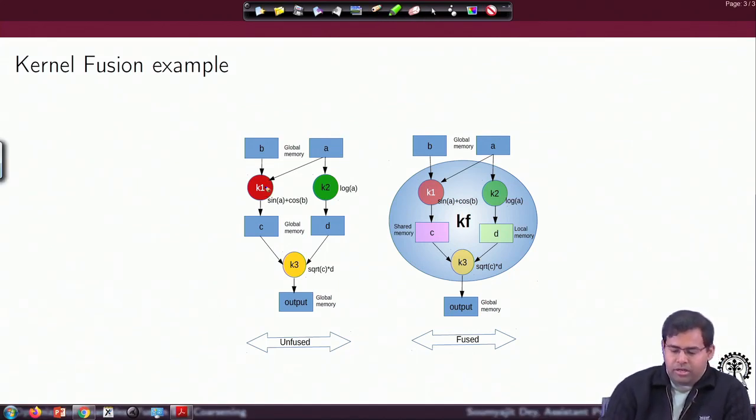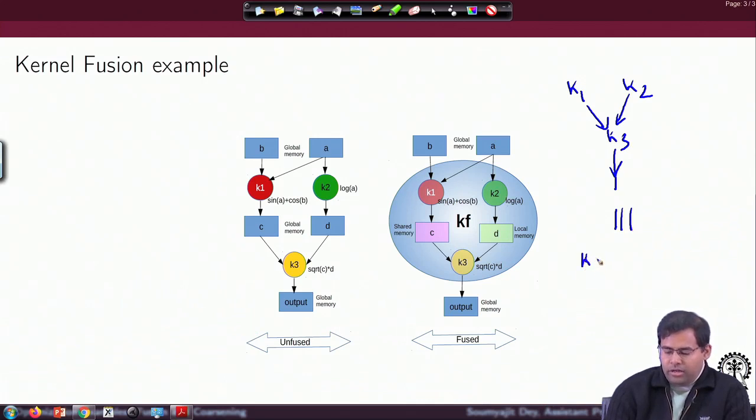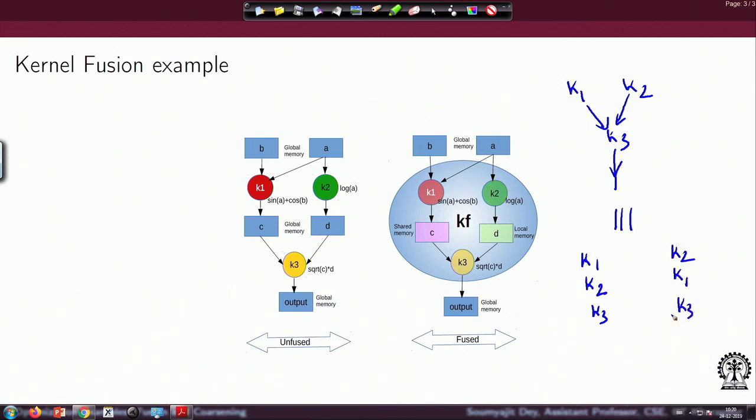When I am fusing the kernels, if you look at the dependency structure of K1, K2 and K3, which means if I just serialize, I can have K1's operations followed by K2 followed by K3, or K2's operations first, considering that I have serialized them in the kernel code.